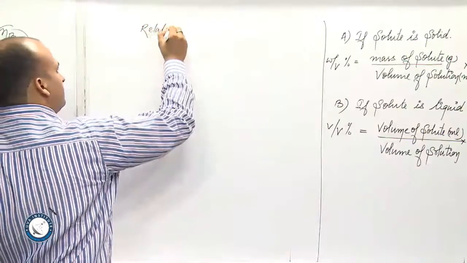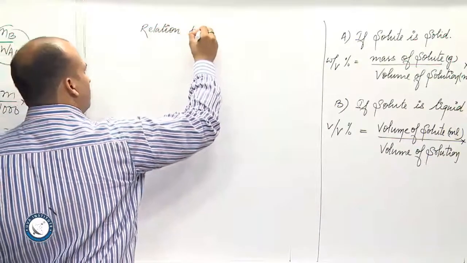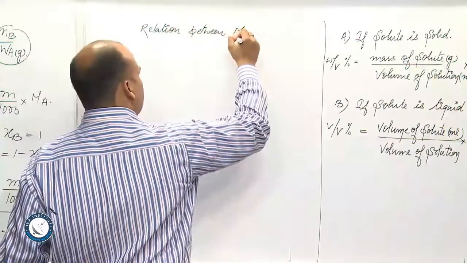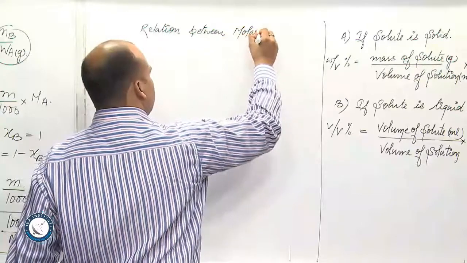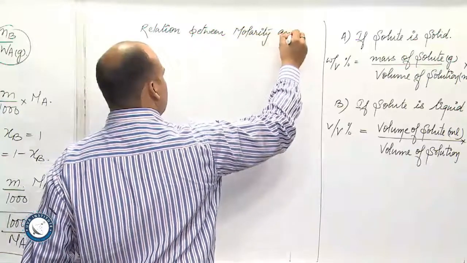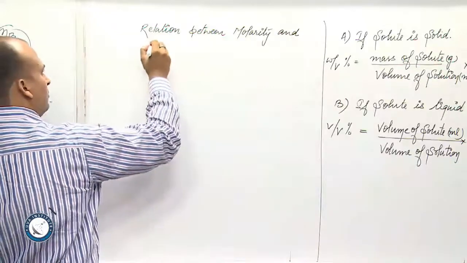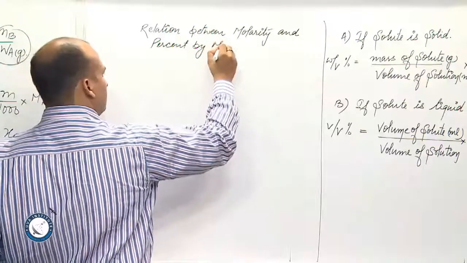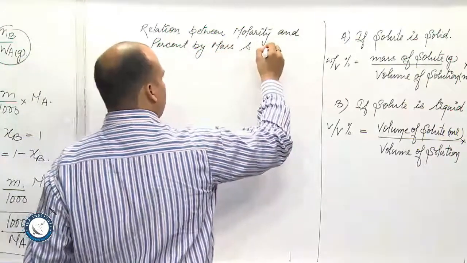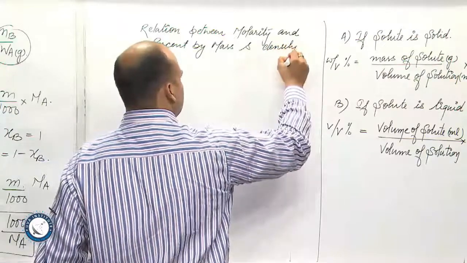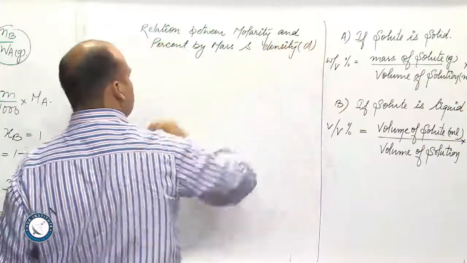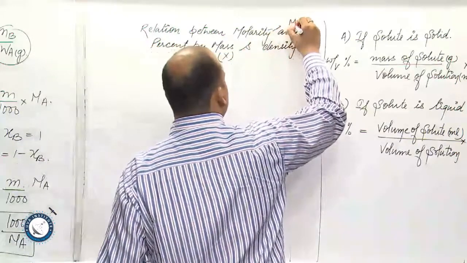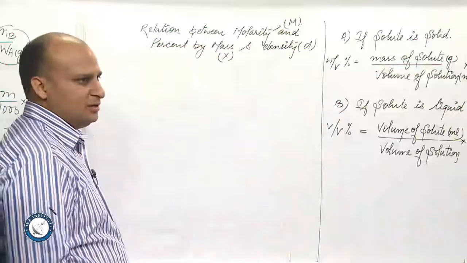Relation between molarity, percent by mass and density. So this is D. Percent by mass I am taking as X, molarity I am taking as M. Okay? Now see,